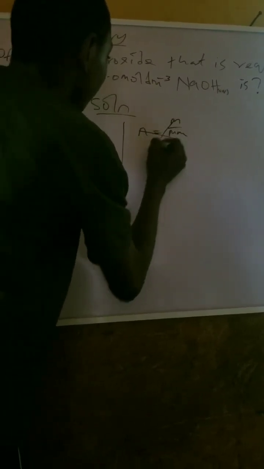I'll cross multiply to leave m alone. So n is 0.5, times Mm, which is 40. m is equal to 20. We'll write it in kg. They didn't tell us